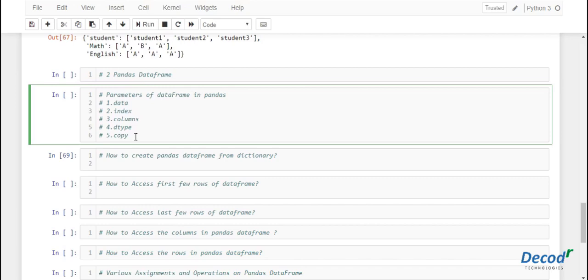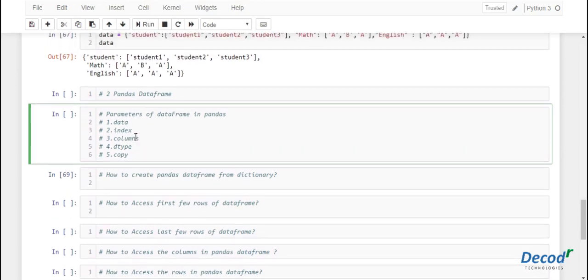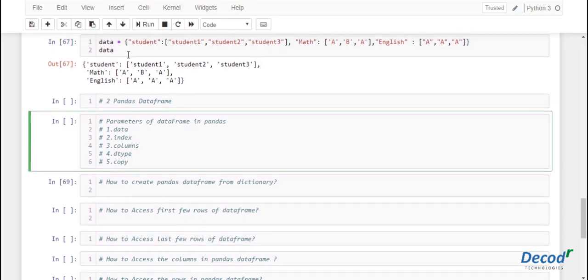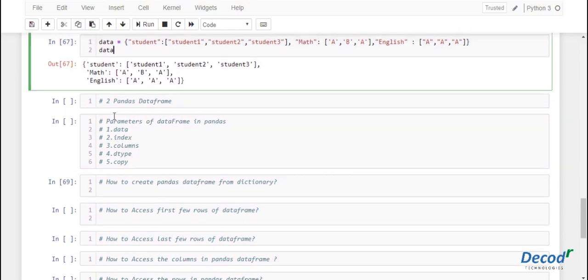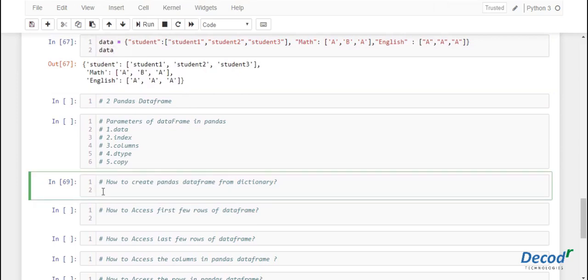Now let's see how to create a pandas data frame using a dictionary. The dictionary data has already been initialized. Using this dictionary, let's create a pandas data frame. Let's name it as df is equal to pd.DataFrame, where D and F are capital.